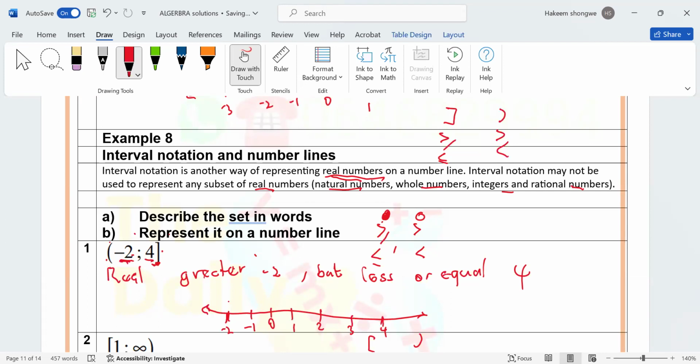So let's come to -2 here. What are we going to put here? Are we going to put the shaded dot or the hollow dot? We are going to use the hollow dot here. And then what are we going to put here? A shaded dot. And then you do it exactly like the one before. Are we good? Okay, we're going to do your